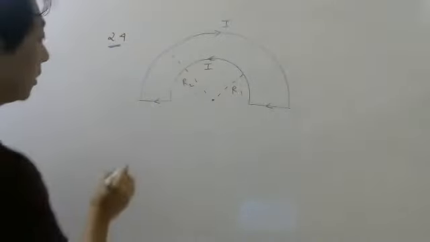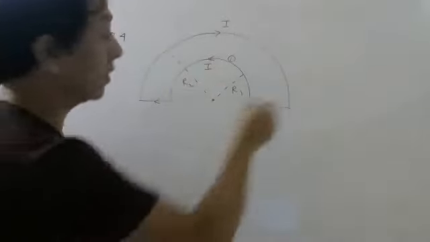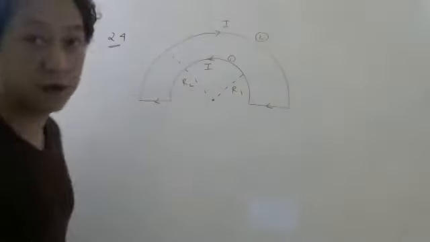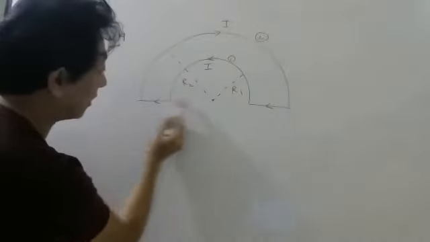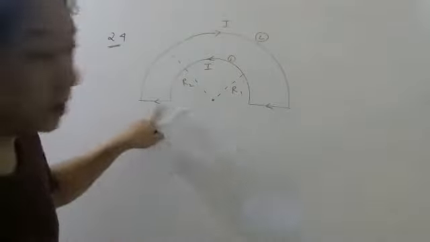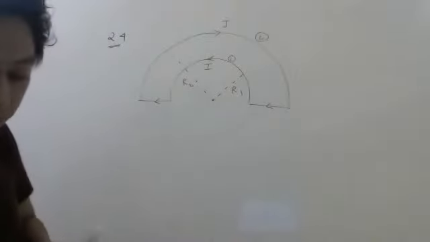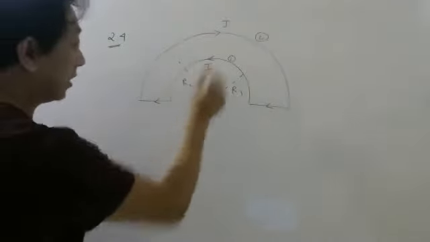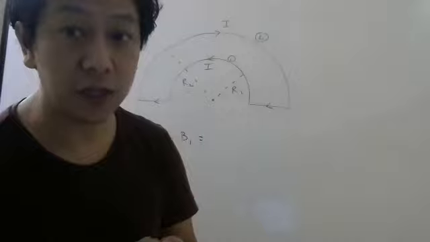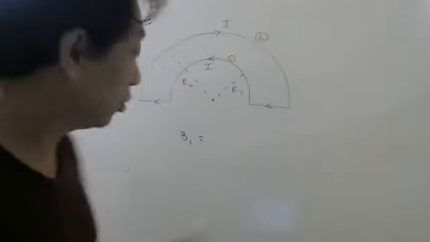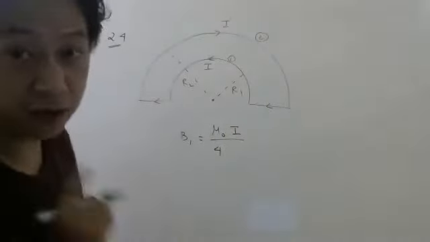So very simple. You can think of these parts as first part, this semicircle, and this semicircle as second part. I'm not worried about this straight part because the observation point is on this line. So this straight part will not produce magnetic field at the center. So let us calculate only magnetic field due to this semicircle. For semicircle, you know the formula. It is half of due to circle. Due to circle, it is mu naught I by 2r. So due to semicircle, it will be mu naught I by 4r. Radius is r1.